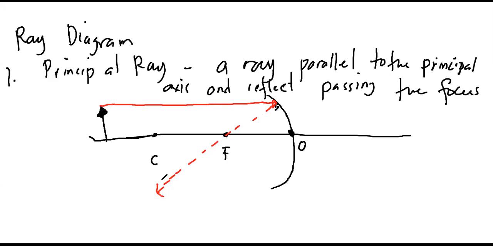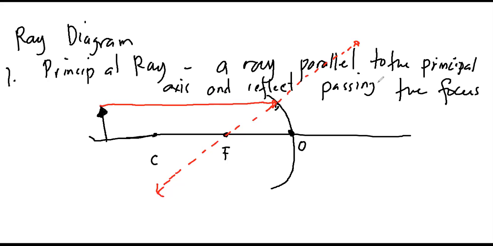So that's it. That will be your ray number 1. In drawing your ray, your reflected ray must be extended inside the mirror and also outside the mirror. There are some cases, like in a concave mirror, where the image could appear outside the mirror, or it could be real, or it could be virtual. So we extend in both sides, outside and inside the mirror.